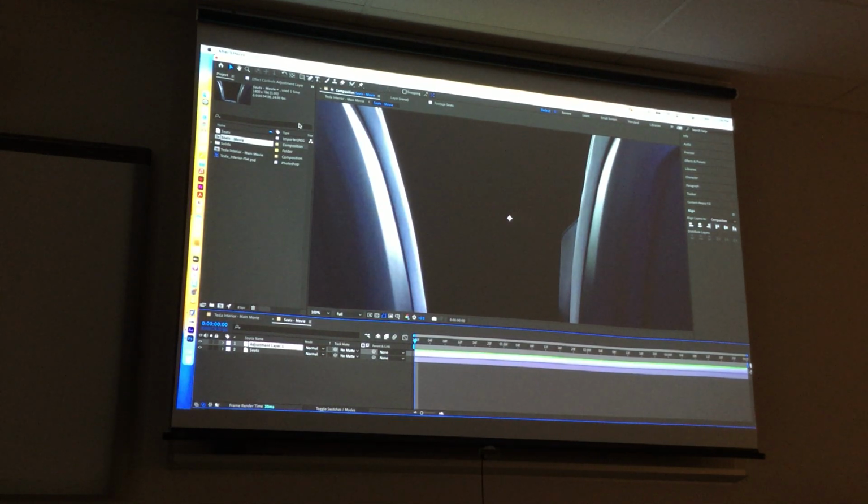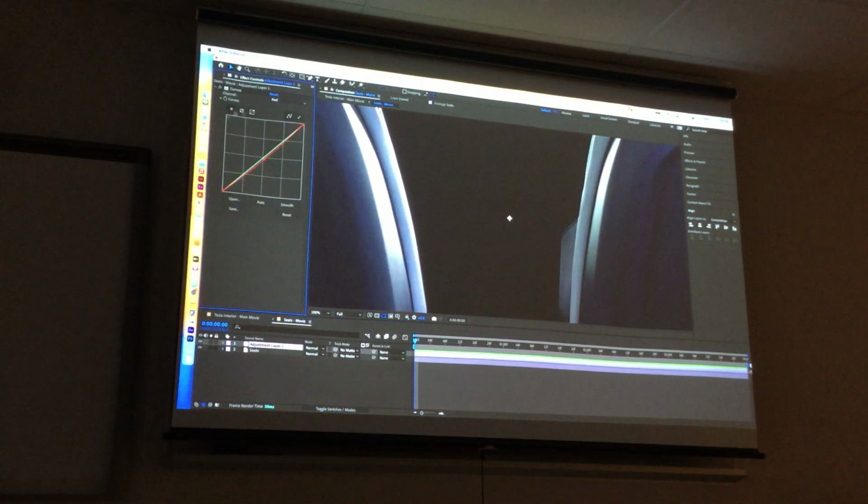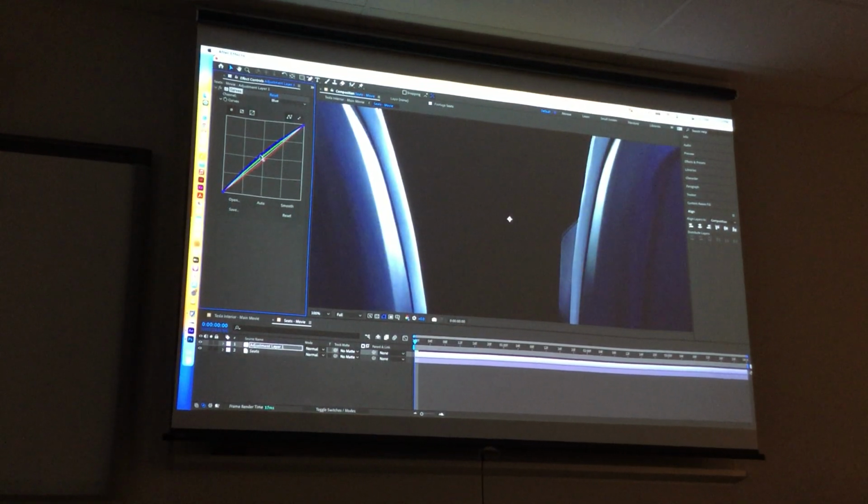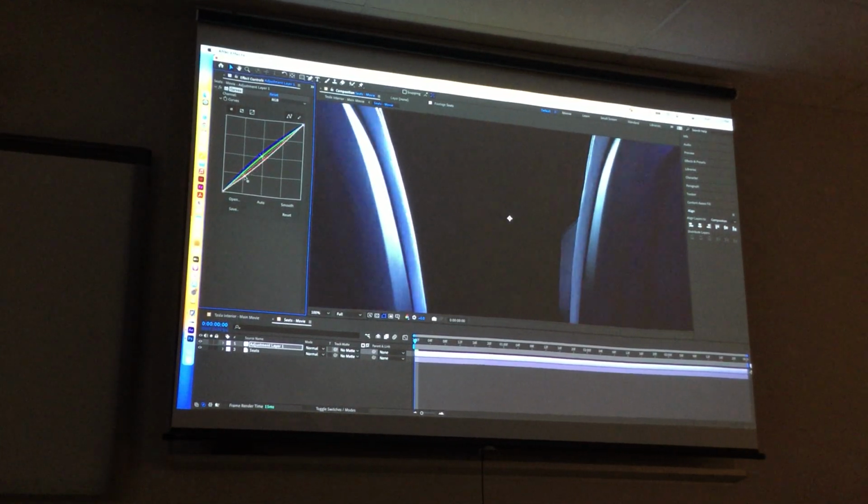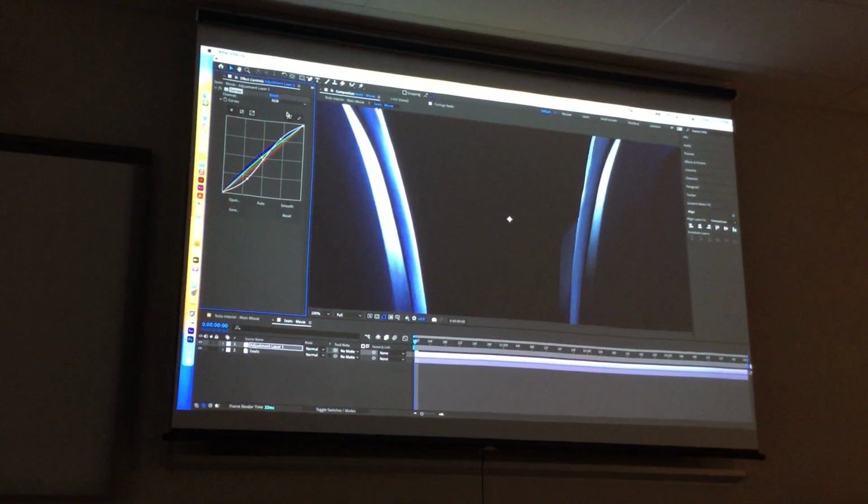And just go back up to effect controls, because we already have curves in there, and say, okay, well, what did I do to it? Well, it has a bit more green, and it has a bit more blue. So I'm going to pull those channels up a little bit. And then I'm going to take my RGB channel, take that white line, pull it down, and I might make a little bit of an S-curve out of it, just hold the highlights up a bit,